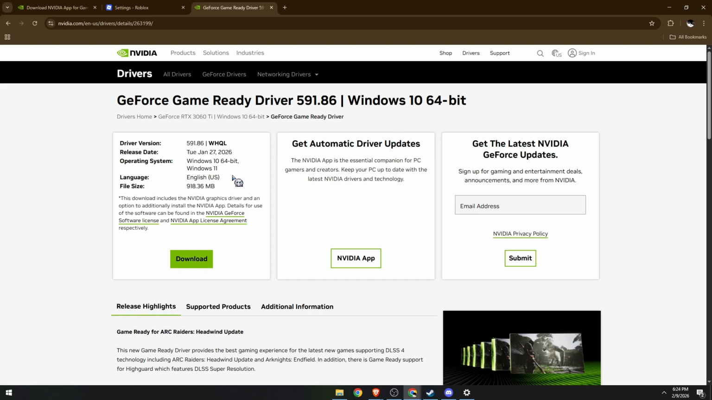And before you do this, of course, make sure to uninstall the current GeForce you have. Download this, and once the installation has been complete, then pretty much we're good to go. It will now fix your